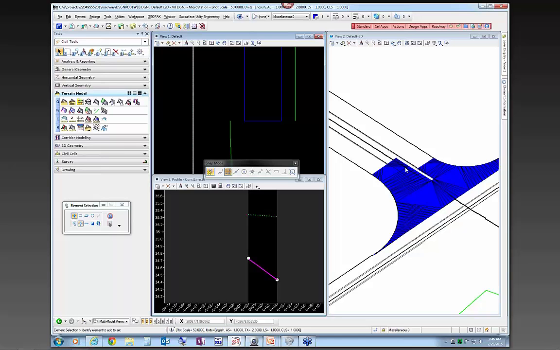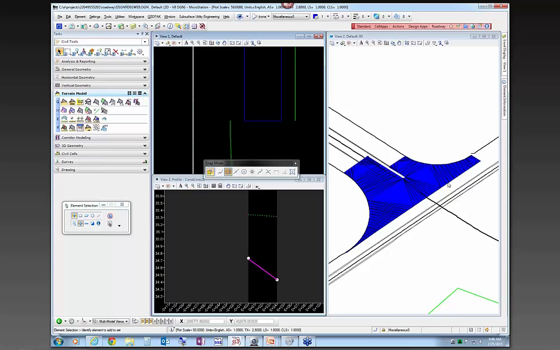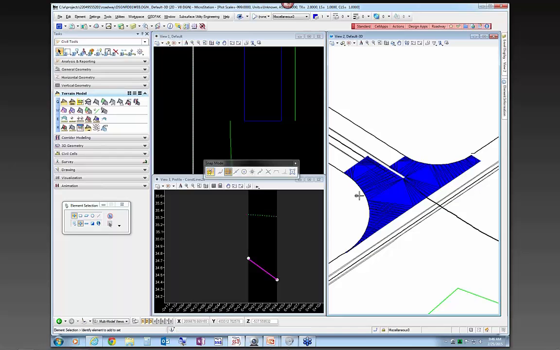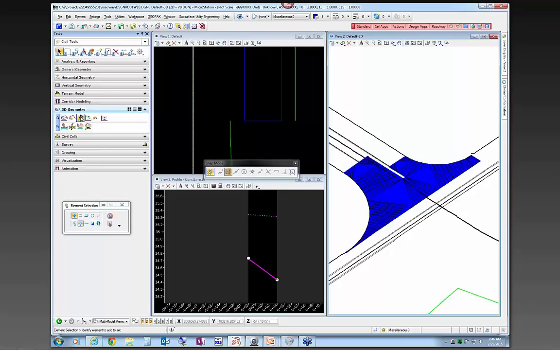If you needed to modify that traffic separator profile, you could. It also runs around these radiuses, and it ties into this existing edge of pavement. And that's essentially how you would build the terrain part of it. Once you have the terrain, then in the 3D geometry tools, you can apply a surface template